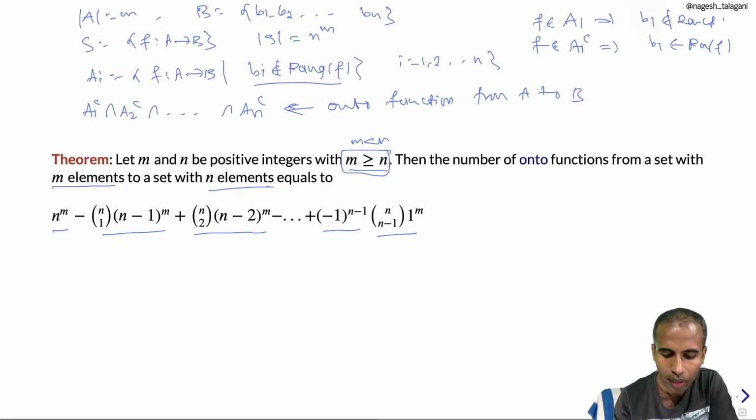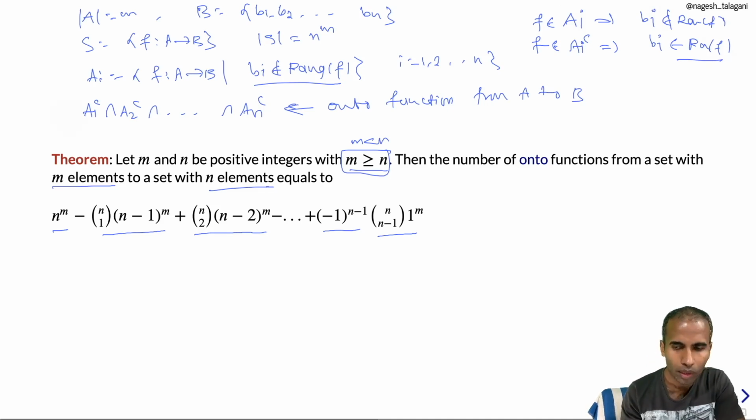In general, a function belongs to Ai means bi does not belong to the range of f. And a function belongs to Ai complement means bi belongs to the range of f. Okay, if any function belongs to A1 complement intersection A2 complement intersection A3 complement intersection and so